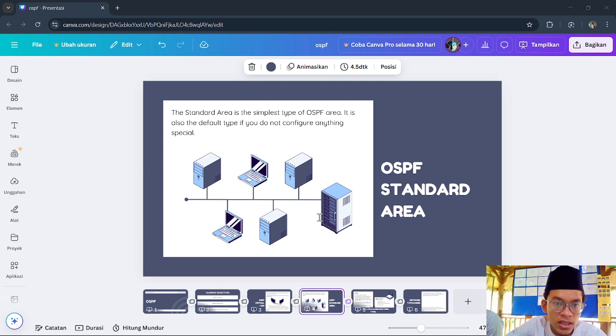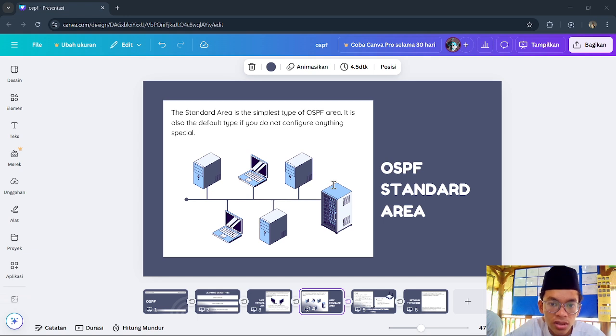And then in LSA there are types of LSA. There are different types of LSA, each with a specific purpose. Type 1, router LSA, is generated by every router inside an area. It describes the router interface states and costs, and is flooded only within the same area. Second, LSA type 2 or network LSA, is generated by the designated router, or DR, on broadcast or multi-access networks like Ethernet.